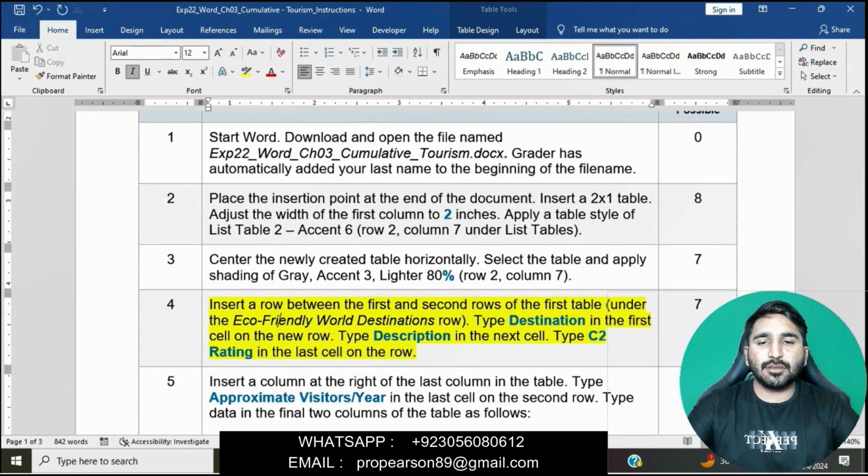Type Destination in the first cell of the new row, type Description in the next cell, and type CO2 Rating in the last cell of the row. Simply, first we will insert a row between the first and second rows of the first table. We will go to the Word file and insert a new row between the first and second rows of the first table.